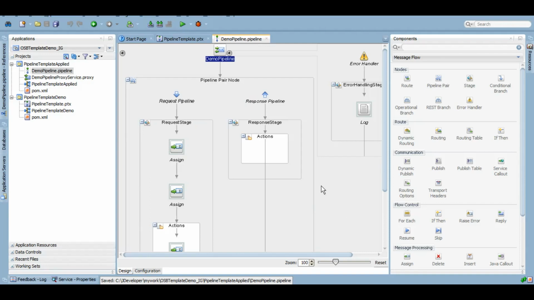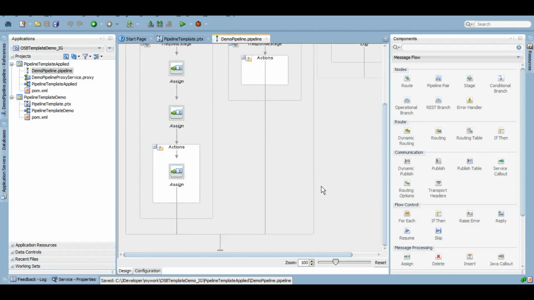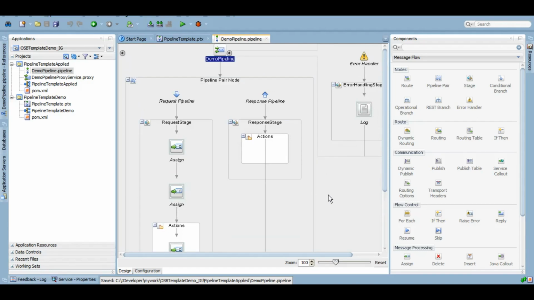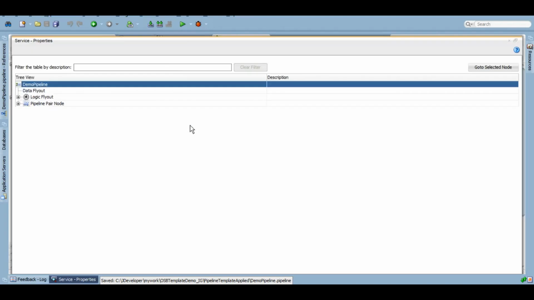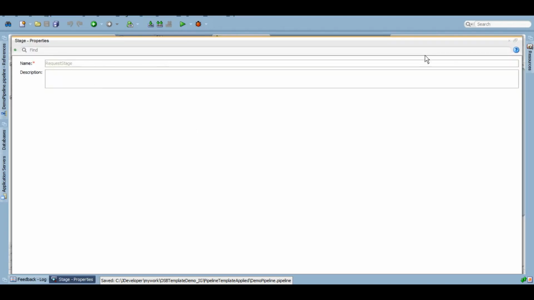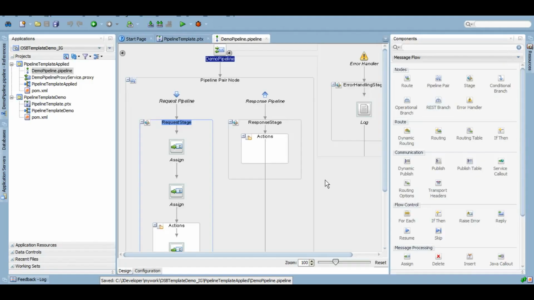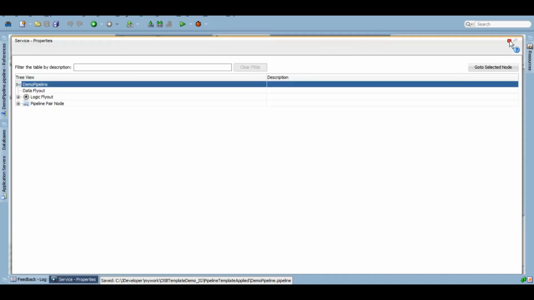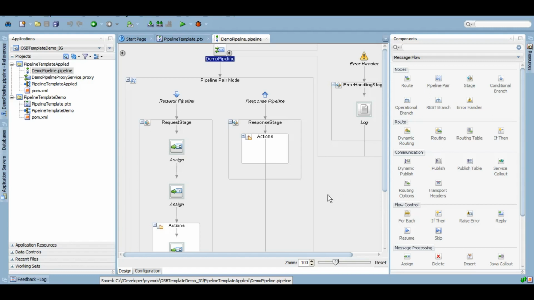But now, suppose there is a situation where this template is not working for you. You want to change this name, request stage, or anything else, but as of now you can't change it. So there is a way with which you can break the link of your pipeline with the template that you have implemented from.